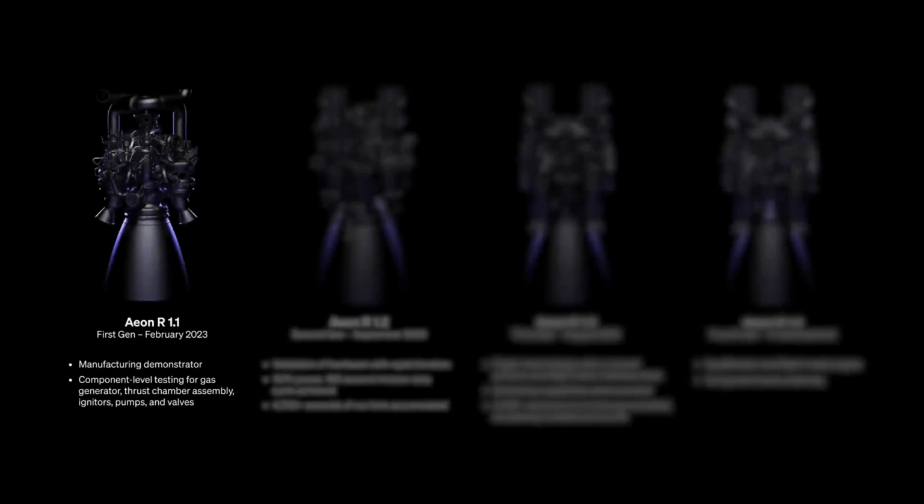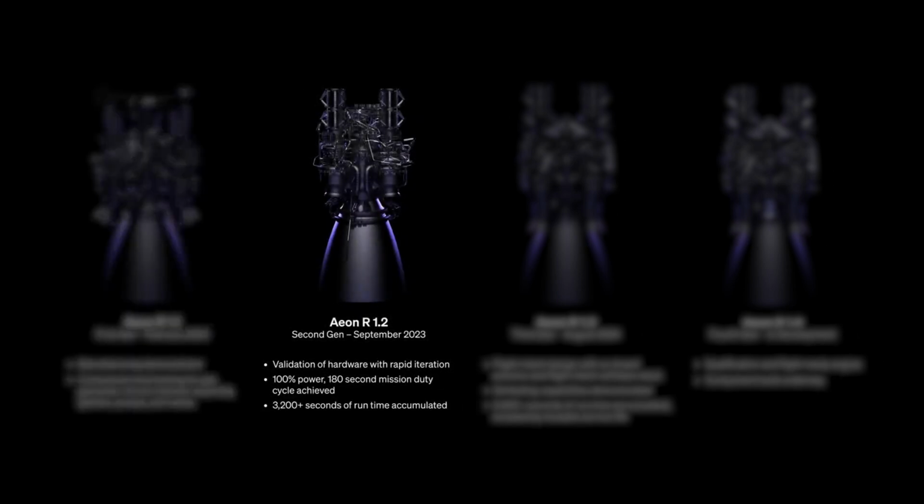Overall, we have 4 main iterations of the Aeon R engine. The first was ultimately a manufacturing demonstrator and a chance for us to go and try to build this much larger, more complex hardware. We called that AR 1.1. The second iteration, AR 1.2, is what we tested in late 2023. This was able to hit the state point of the